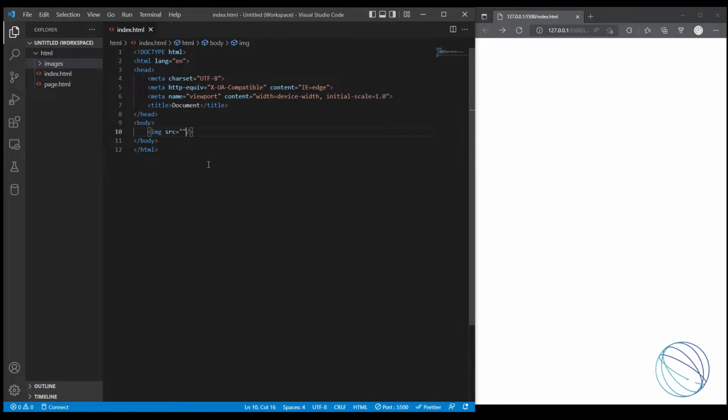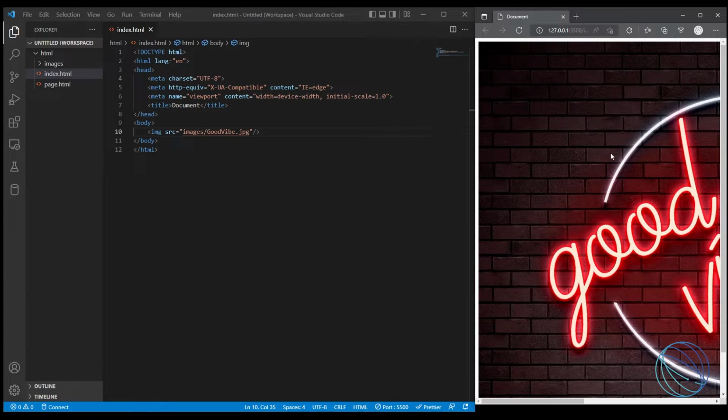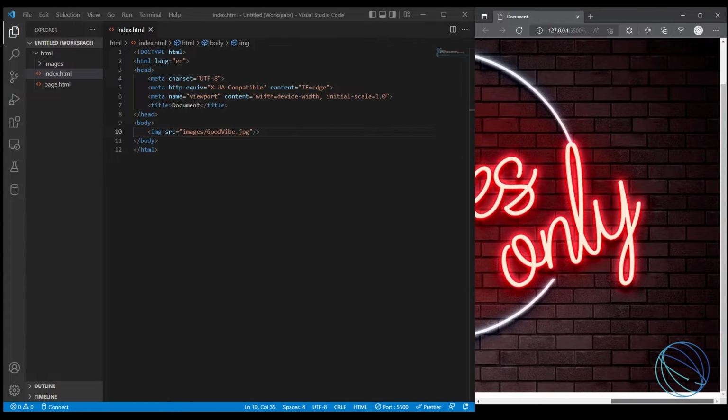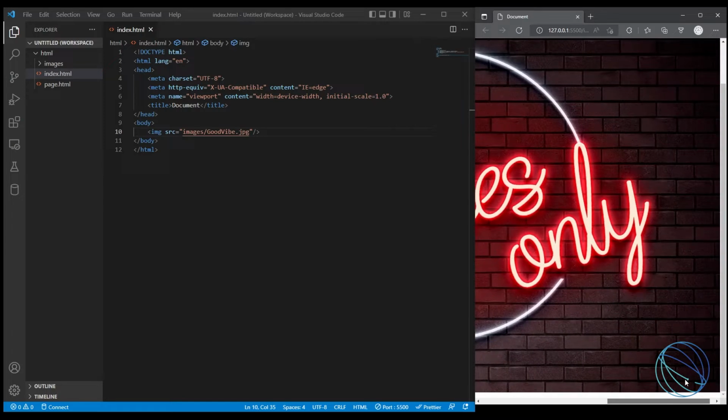Here you can see now, if I start typing the image folder, you can see the picture I have. If I have more pictures here, you will see a list of pictures. Then I save it, and if I open this with live server, it's a big picture, and you need to drag and scroll